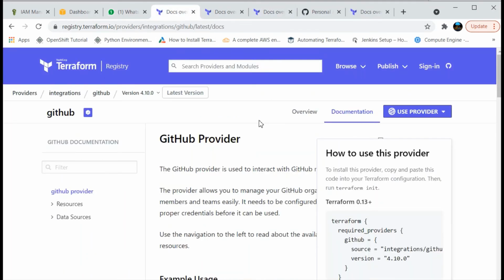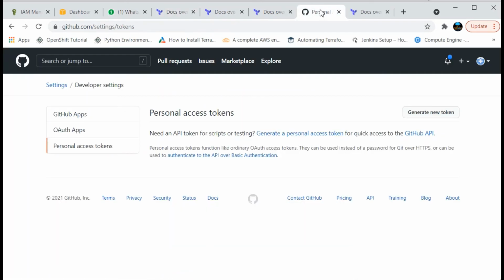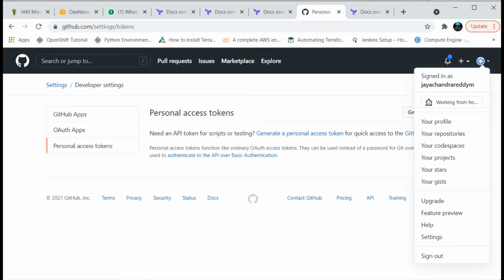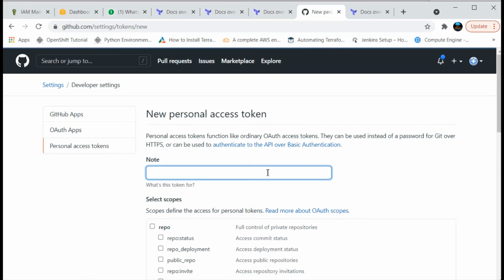In the same way, if you observe GitHub, we are passing a token for the provider. So how do we create the provider token? Just navigate here and click on settings. Once you navigate to settings, click on personal access token. Now generate a new token.